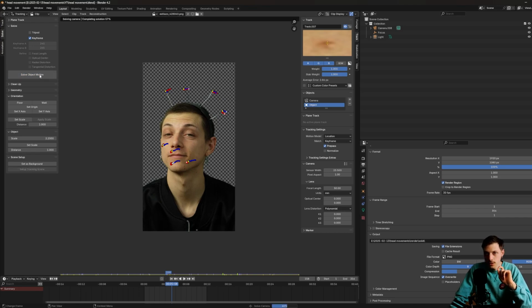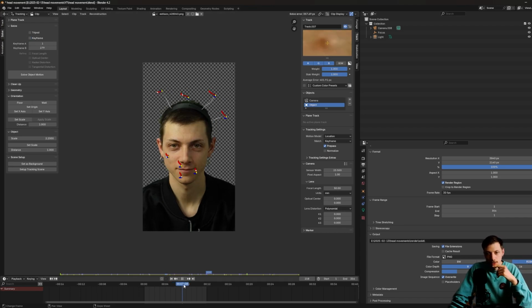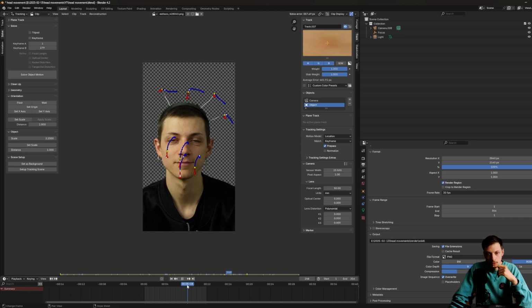Wait a second, and then up here you see a number. This number should be 0 point something or 1 or 2 maximum. 357 is extremely bad. So we have to find it manually. For example, here, I think in this part, there's more movement to be identified. So for example, let's do